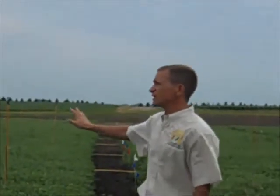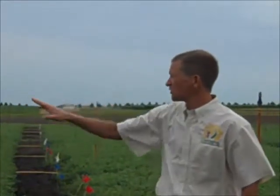I'll add one other thing here. I've gotten several inquiries over the course of the last couple of years about the possibility of using a wider row spacing on chickpeas to facilitate greater airflow and hopefully better disease management in that sense. And what we have here on this outer corner is actually a row spacing by fungicide trial. We have chickpeas planted on 7-inch, 14-inch, and 21-inch rows, 6 replicates, and we have 2 different fungicide strategies that